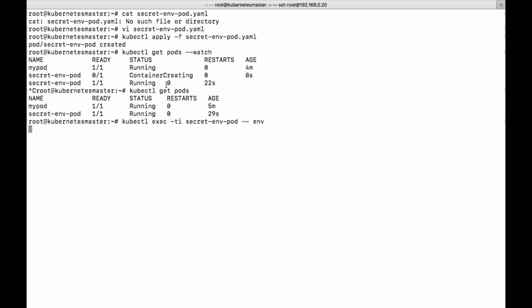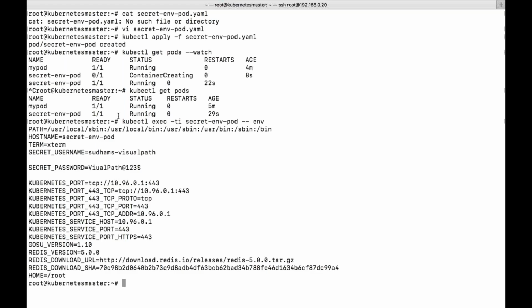So you can see here secret username and secret password. So this is how it is created. This is how we give our environment variables to your creation of the pod.